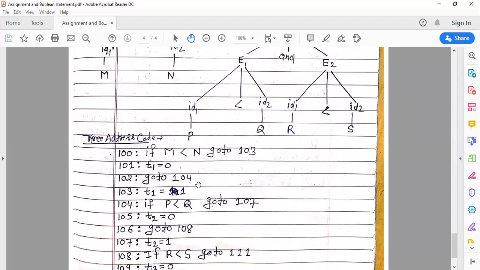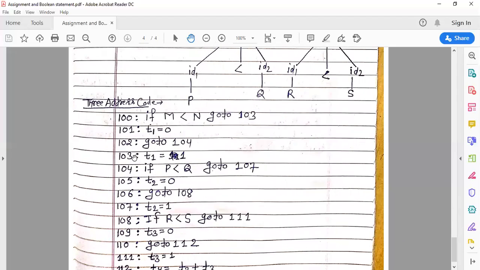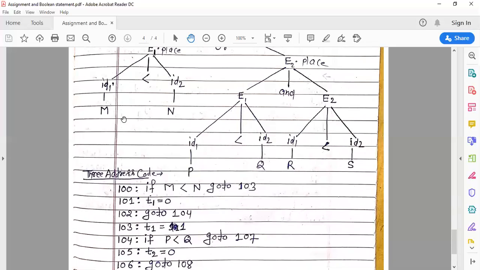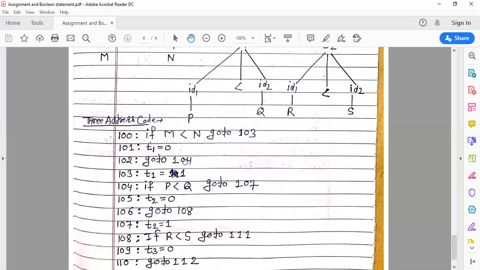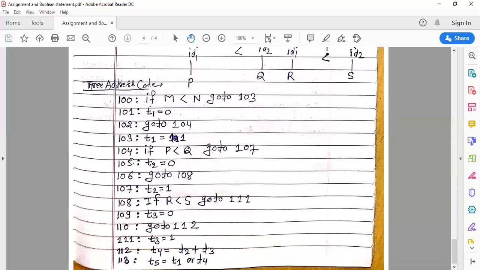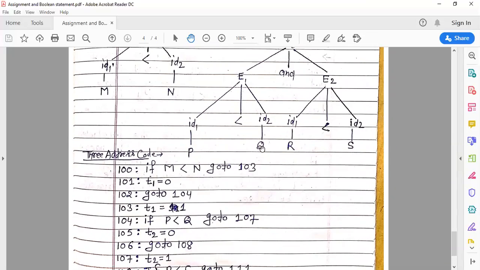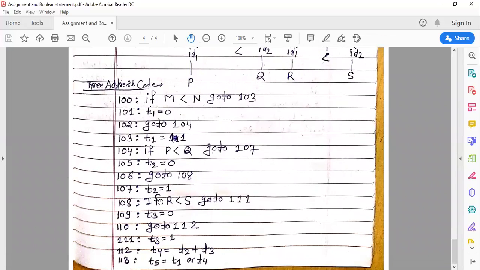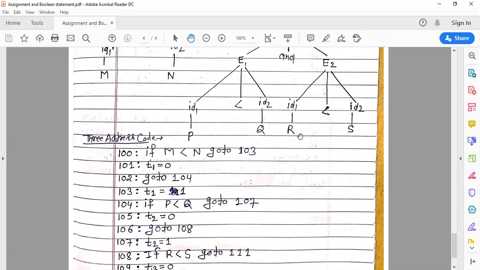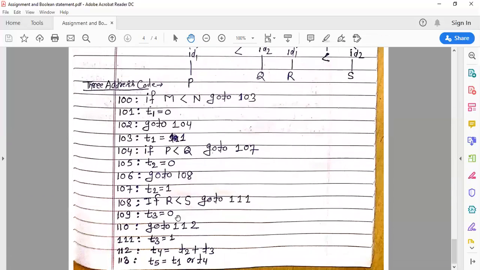You can see here, from 100 to 103 we get the three address code for m less than n, from 104 to 107 we get the three address code for p less than q, and from 108 to 111 we get the three address code for r less than s.